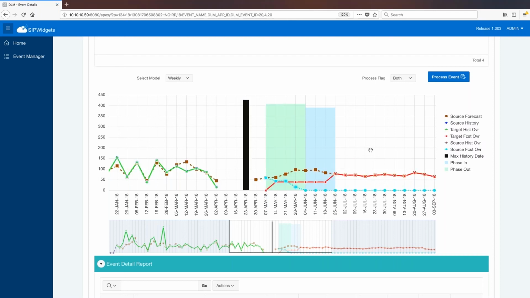These phase in and phase out curves can either be left as a linear increasing or decreasing curve, which are system generated, or they can be user defined. Users can actually adjust these contribution percentages and how they would ramp in or ramp out, and shape the demand curves accordingly. Let's see that example real quick.